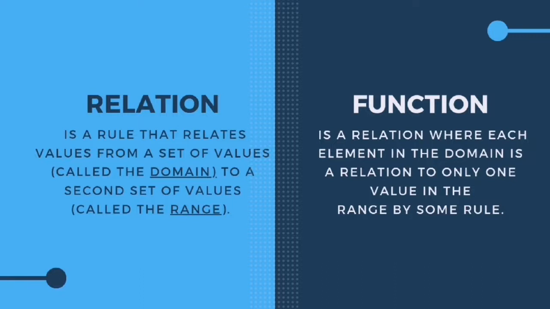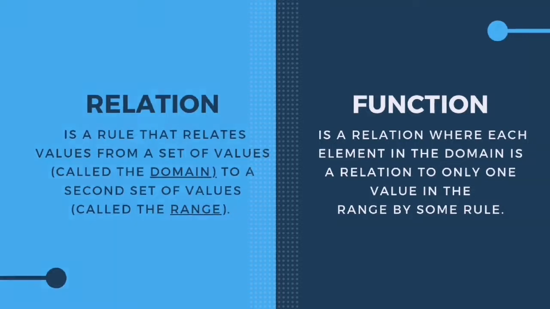Relation is a rule that relates values from a set of values, called the domain, to a second set of values, which is called the range. Now, what is a function? Let me save you from the trouble and answer the question for you. Function is a relation where each element in the domain is related to only one value in the range